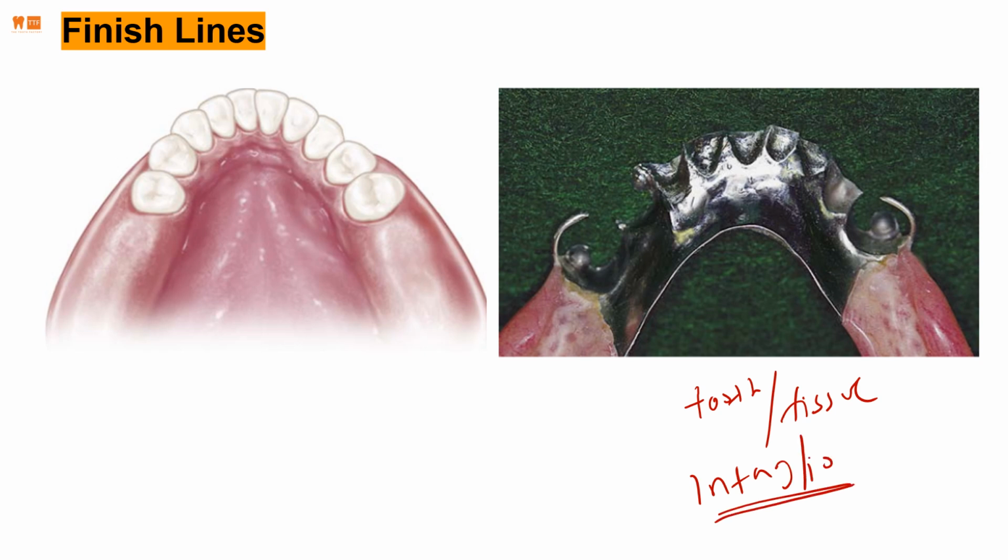Intaglio. Okay, actually it's called intaglio, but I just say taglio because I don't want to waste the G. It's nice. Okay, so 100% of acrylic meeting 100% of the metal. That's a finish line. What kind? Internal finish line. So in this case, if I were to draw, say, a rest here, so remember, this is